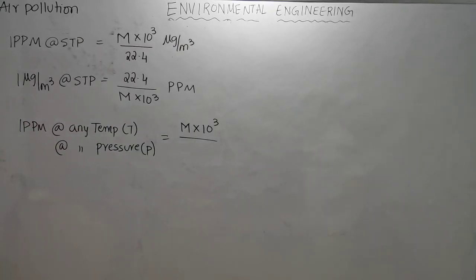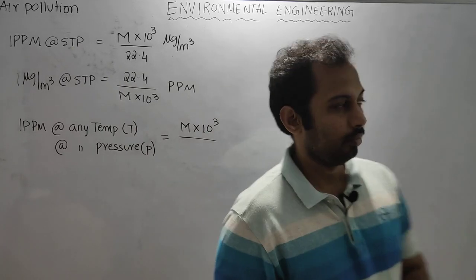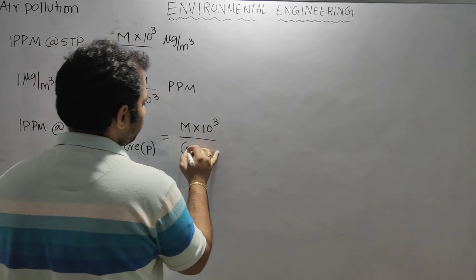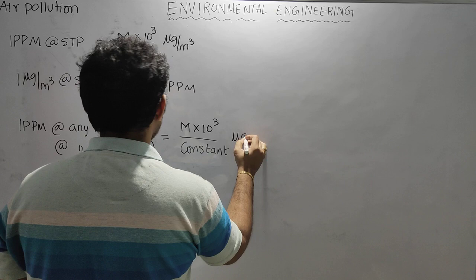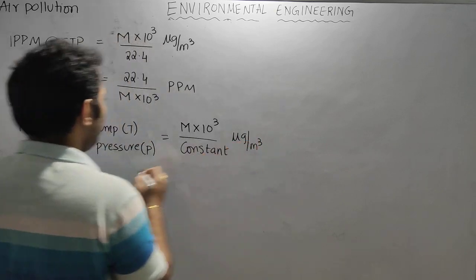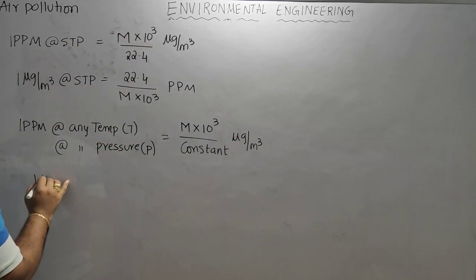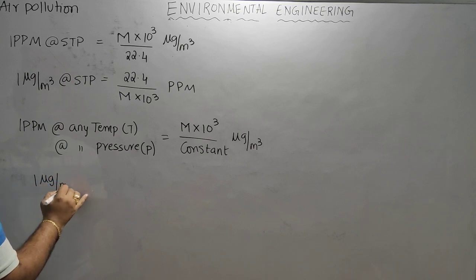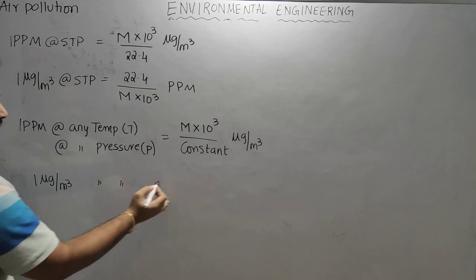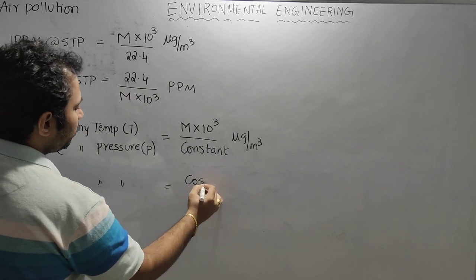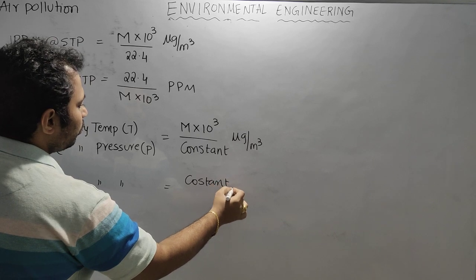So there will be a different constant that will come. Similarly, 1 microgram per meter cube at any temperature and pressure T and P is equal to constant by